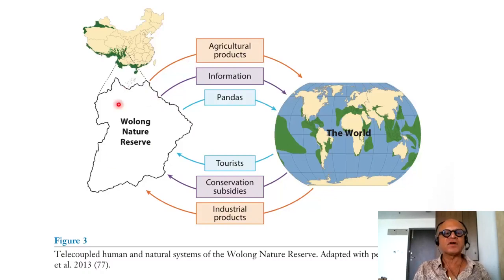So this is the Wulong nature reserve, and there are agricultural products, information, and pandas involved, and of course you have interactions in terms of human natural systems via tourists, conservation subsidies, and industrial products